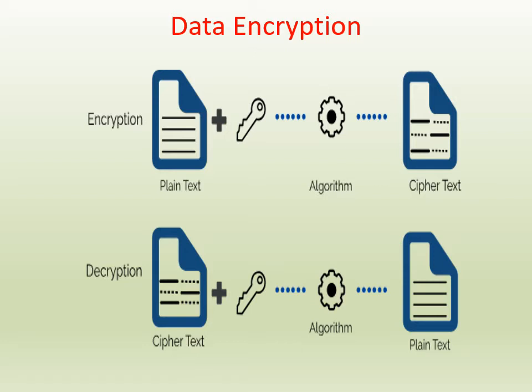RSA. RSA is one of the first public key algorithms. It uses one-way asymmetric encryption. It is popular due to its long key length and is used widely throughout the internet.